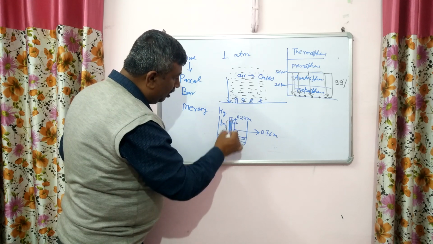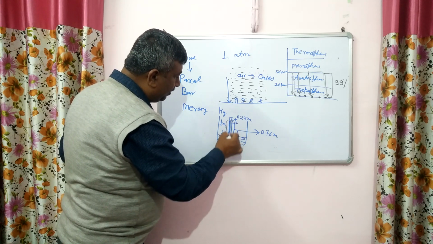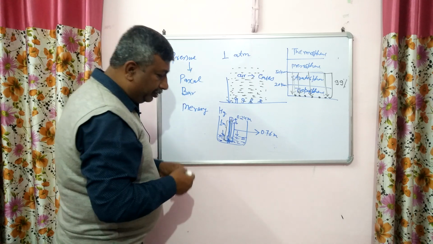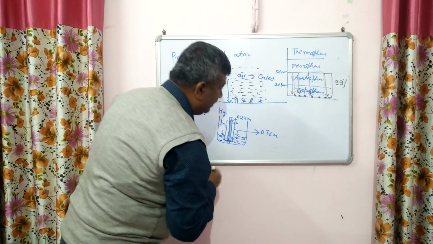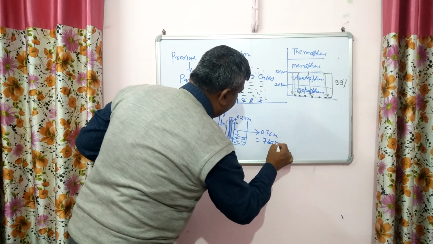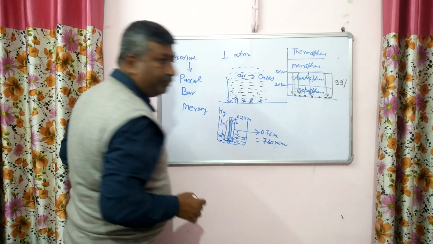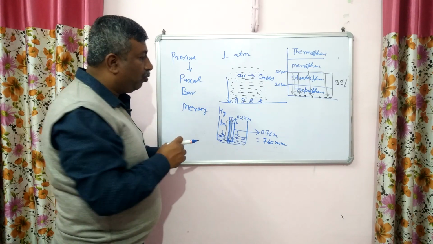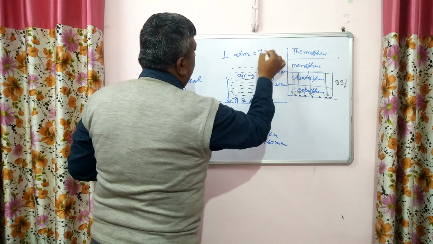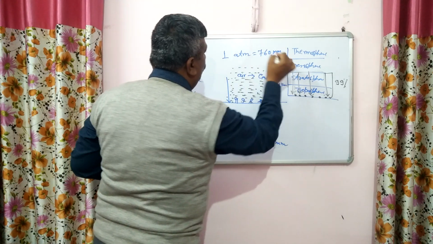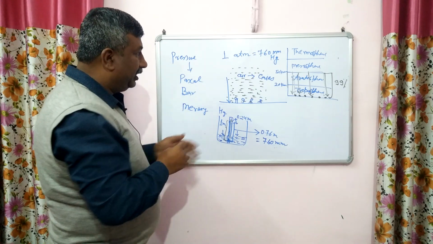तो इसका मतलब ये जो कॉलम है ये किसके बराबर प्रेशर एक्सर्ट करेगा? एटमॉस्फेरिक प्रेशर के। So that's why 0.76 meter, it means 760 millimeter height of mercury column is equal to 760 millimeter mercury equal to 1 atmospheric pressure. तो ये रिलेशनशिप हमको पता चाहिए।